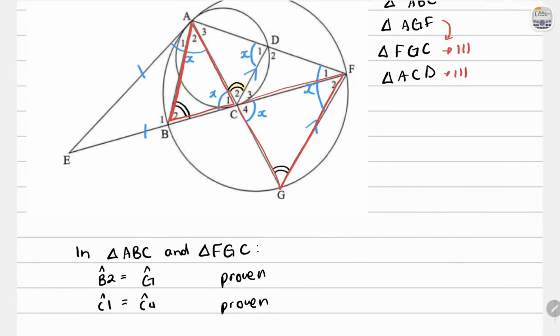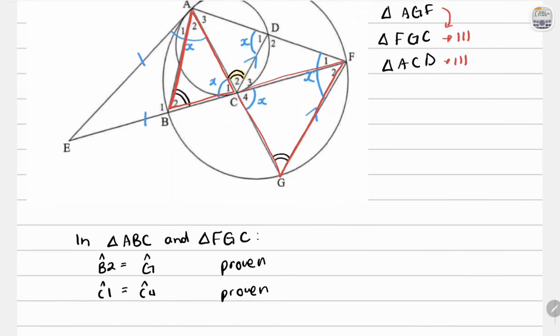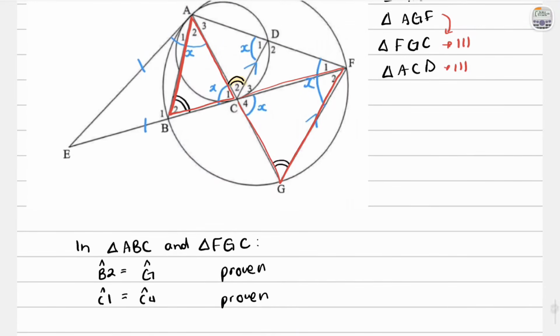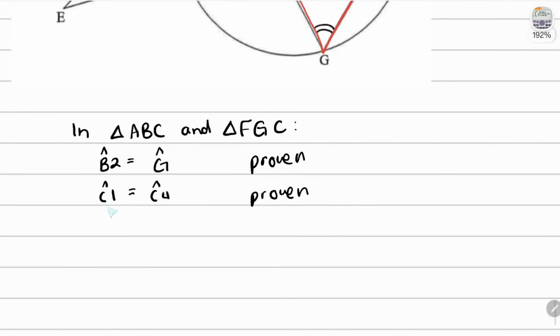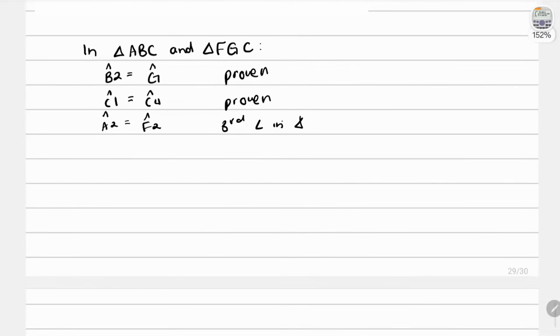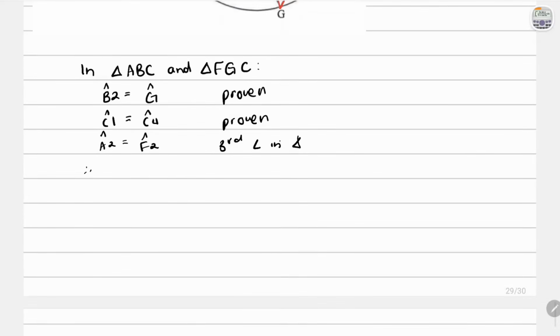We don't have to tell them the reasons, just proven. And then by default, their third angle would be equal. Their third angle being angle A2 and angle F2, so angle A2 is equal to angle F2, because it's the third angle in a triangle. So that concludes that these two